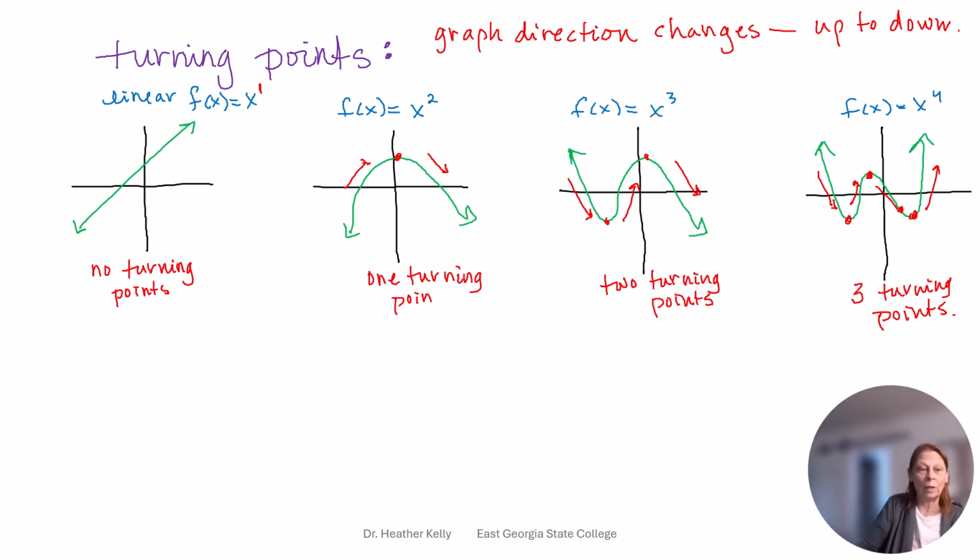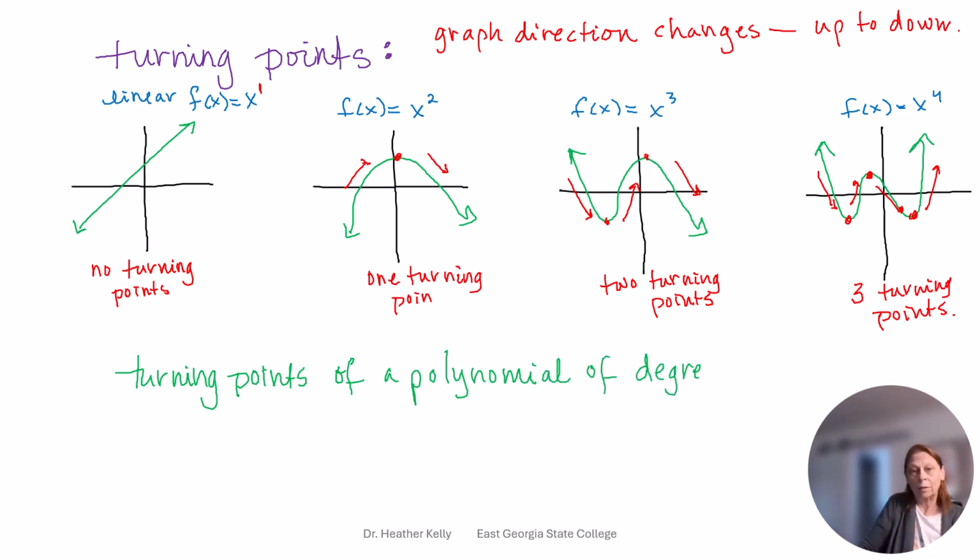So the turning points of a polynomial of degree n are n minus 1. So if I had f of x is equal to 11x to the 12th plus 7x to the 6th plus 2x minus 3,